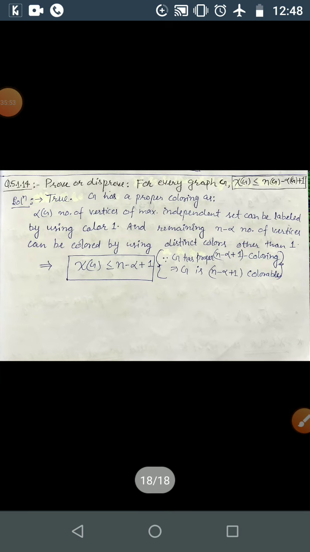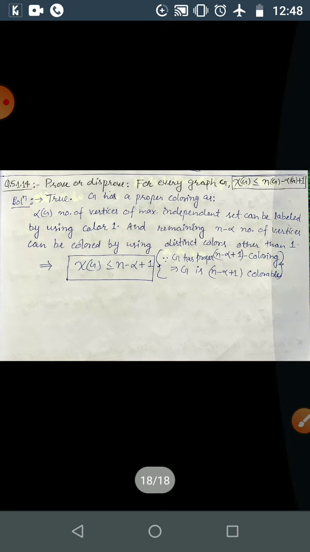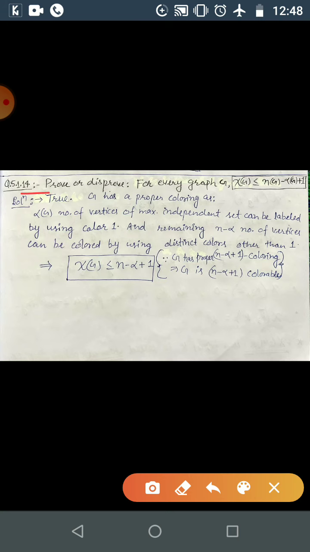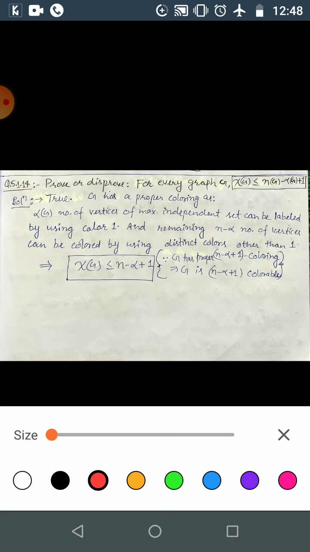Yeah, now you can come to question number 14, and I think this is the last question. Yeah, this is the last question of this section, and here what you need to prove or disprove,